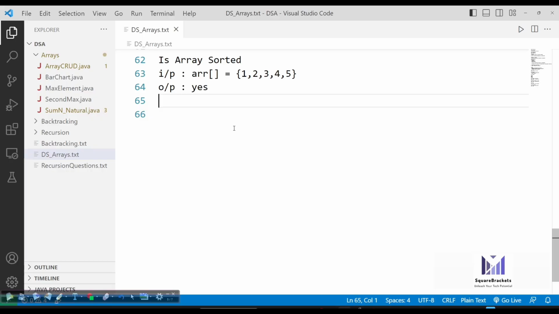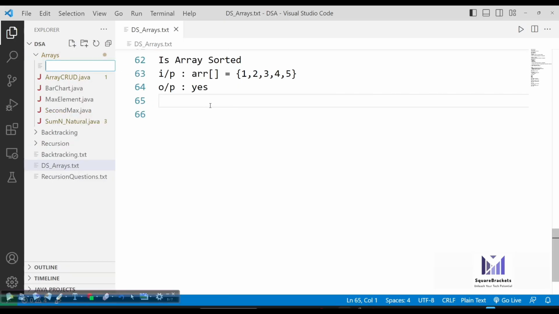Okay, simple question. And the approach would be also simple, because we can simply check if the current element is less than the next element, then we can only proceed with this. All right. And now we can also check for this thing if the next element is smaller than the current element. So that would be the opposite case of it. So this is how you can simply check if array is sorted or not. And now there are two ways. Either you can use a nested loop, or you can directly check the next element with the current element.